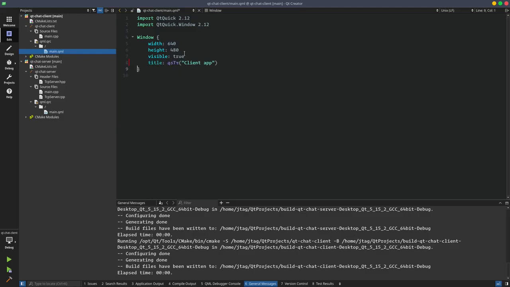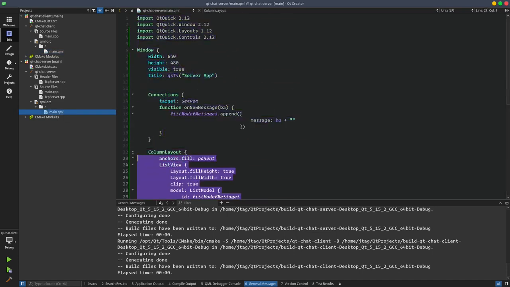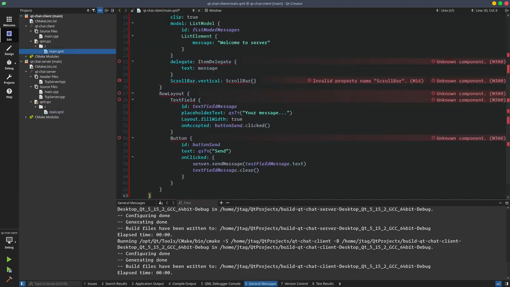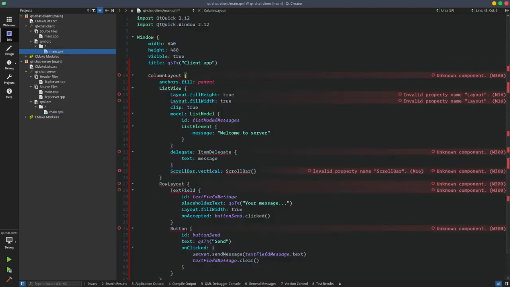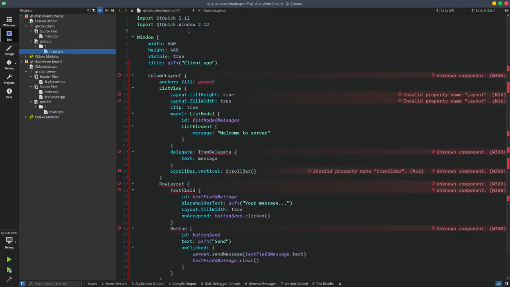Oops, sorry. And here for our client app, we will have some UI components that are like our column layout here, so we can copy and paste these components over here, and let's include our imports,